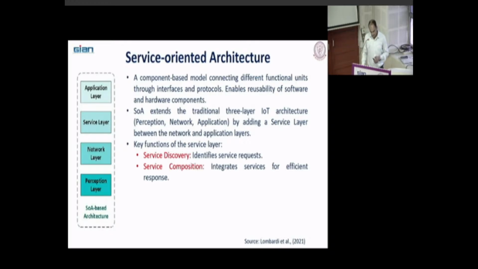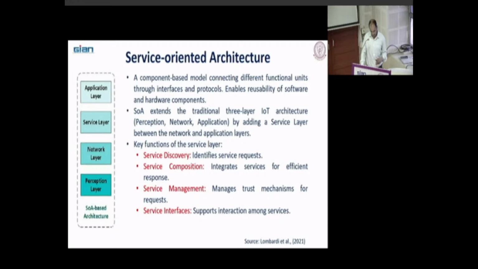Then service composition, integrating services for an efficient response. So there are different kinds of service requests, and based on our command, it will integrate the services for an efficient response. Service management manages trust mechanisms for the requests. And the last one is service interfaces.